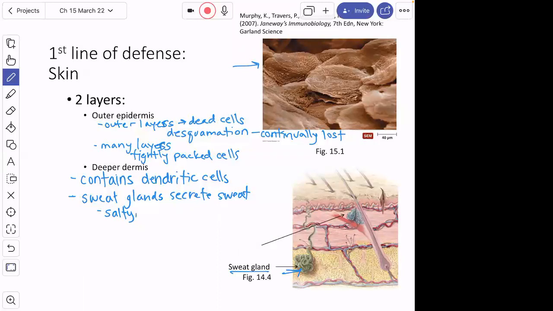Sweat, in addition to containing salt, also contains antimicrobial peptides. We won't get too specific there. As well as lysozyme. Right, so we mentioned lysozyme when we were talking about our bacteriophages, those viruses that infect bacterial cells,